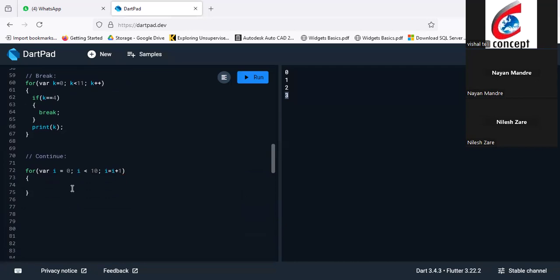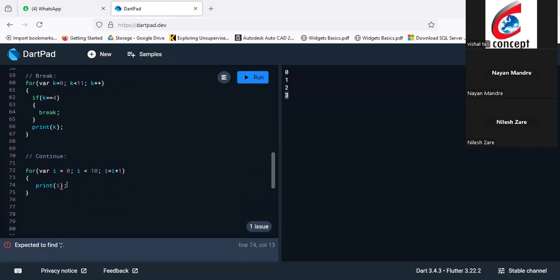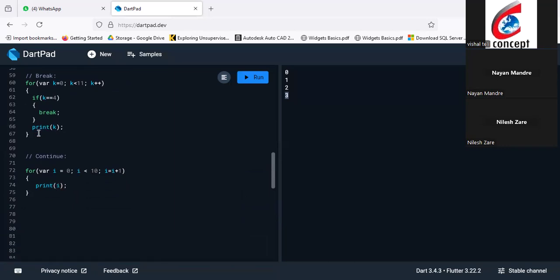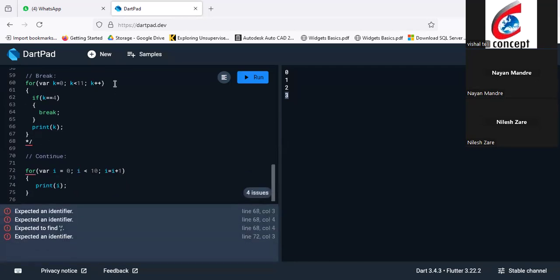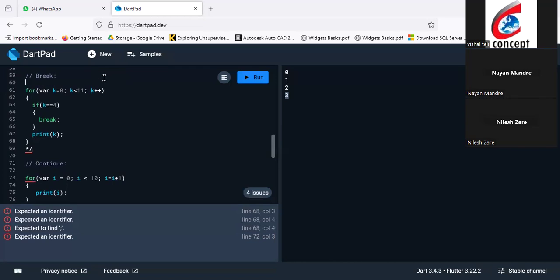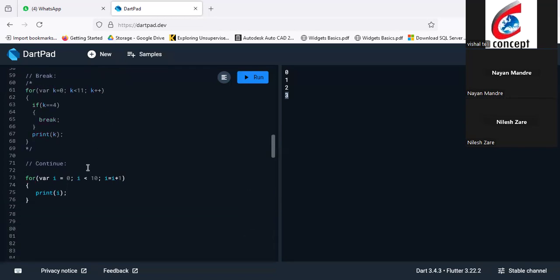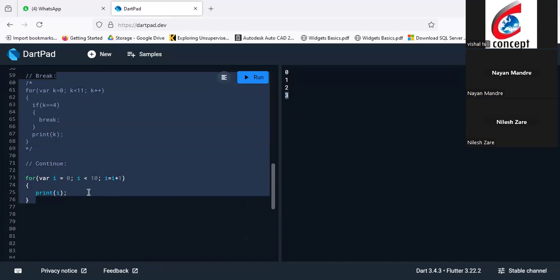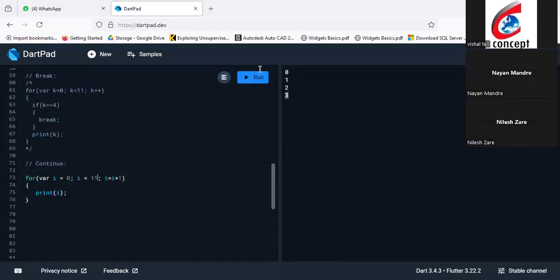Now I'm going to print i here. Let's put all the previous code in the comment section. In here, what we have to do is use continue. So how do we use continue? Let's first print this. What do you see in the output? First check it. Currently you see